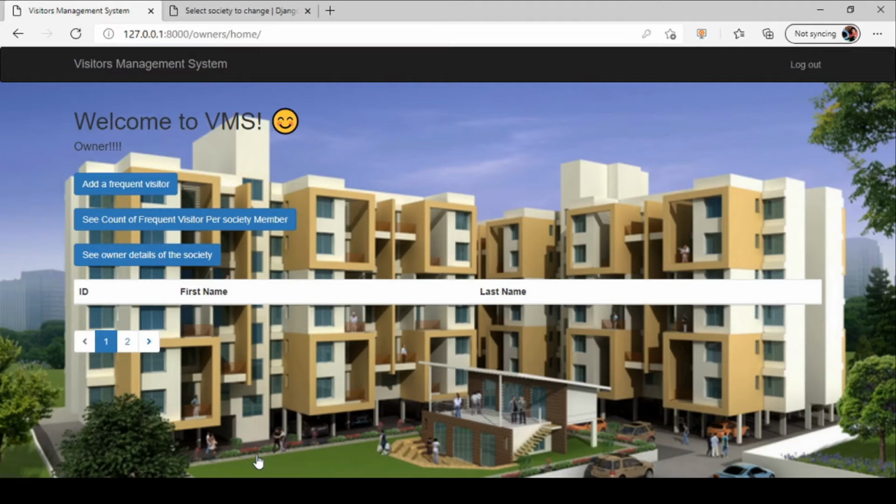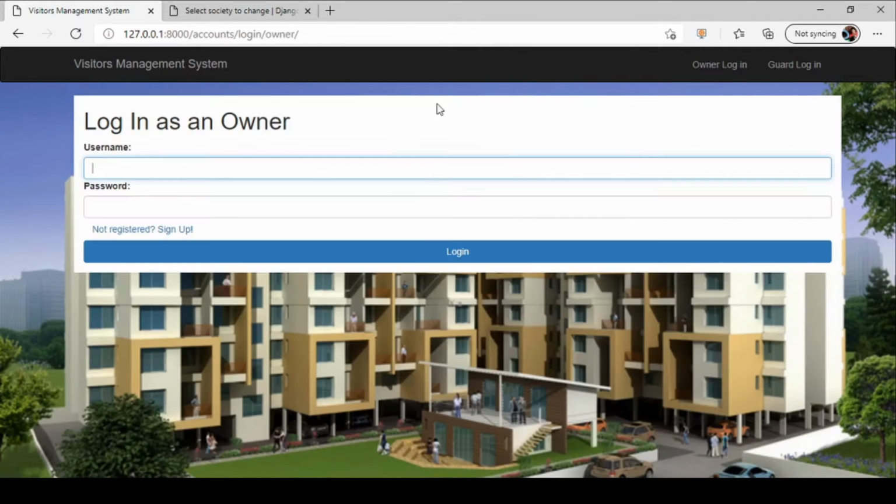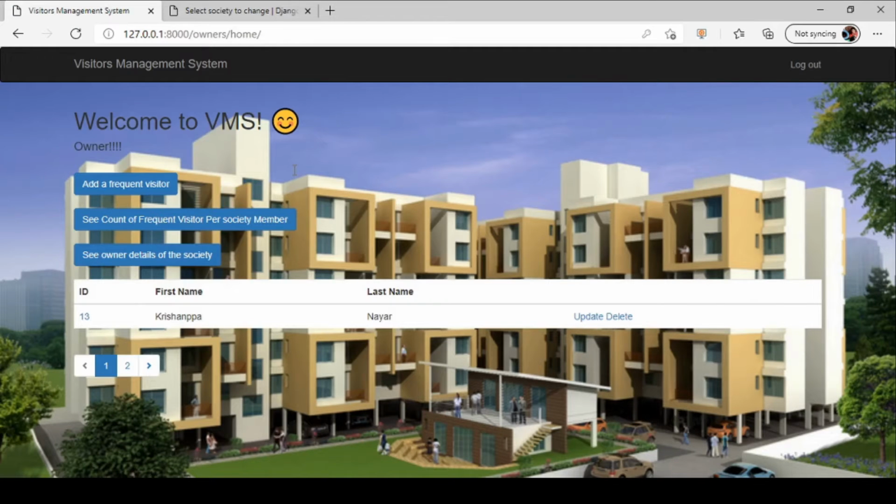They have quite a few functionalities over here. Let me show you for an already registered society, because they have some data already stored there. So let me log out and sign up as another society admin. Here we have now signed up for Gokuldham society.